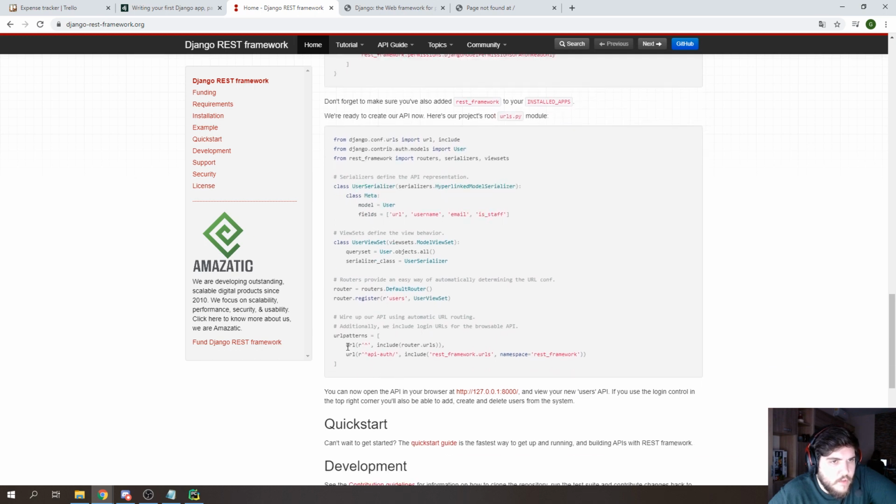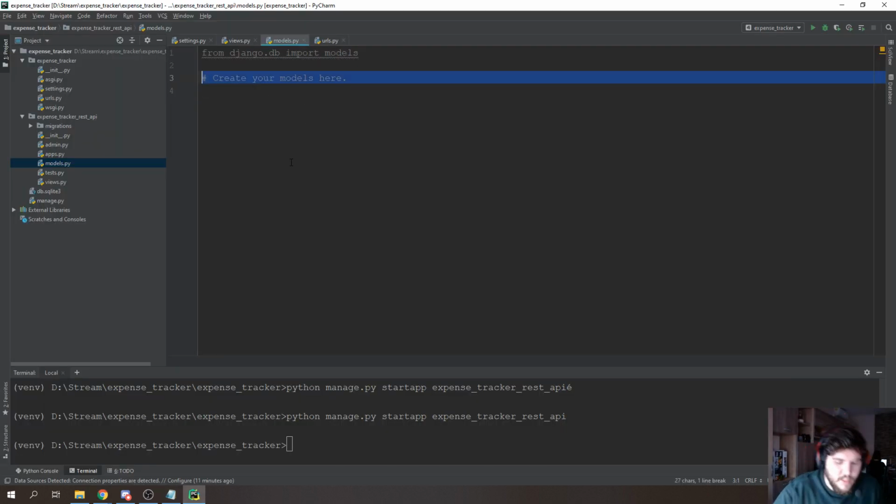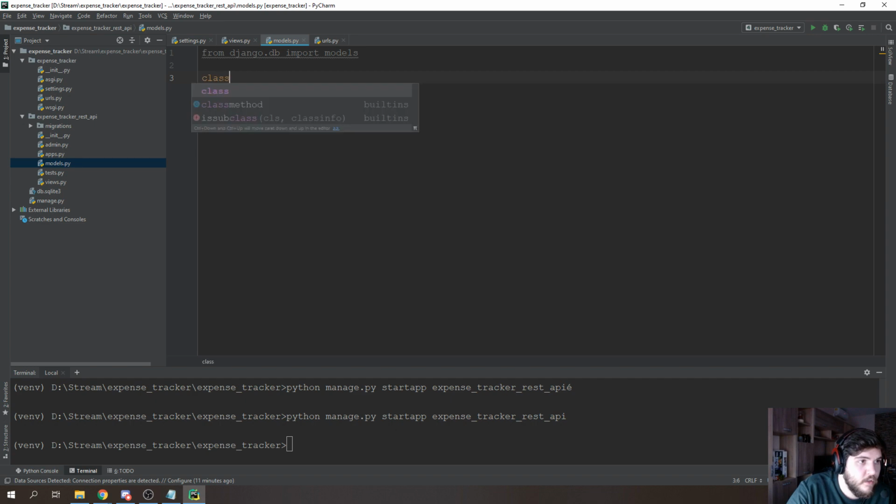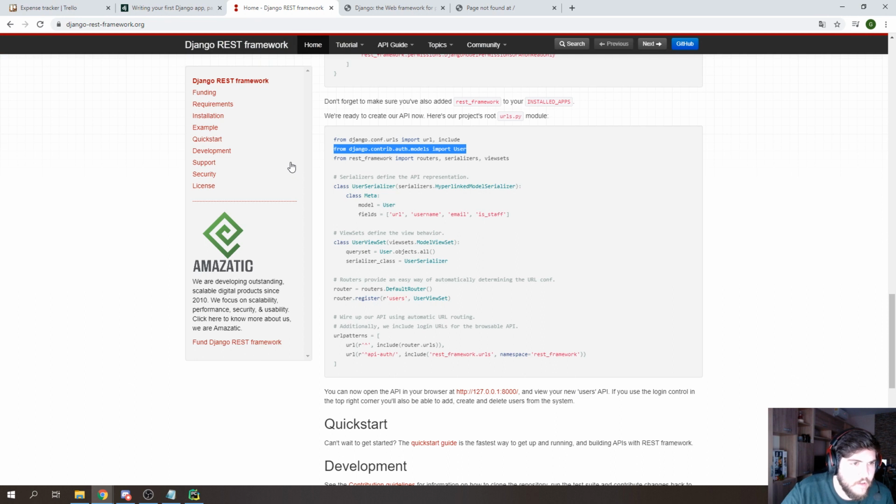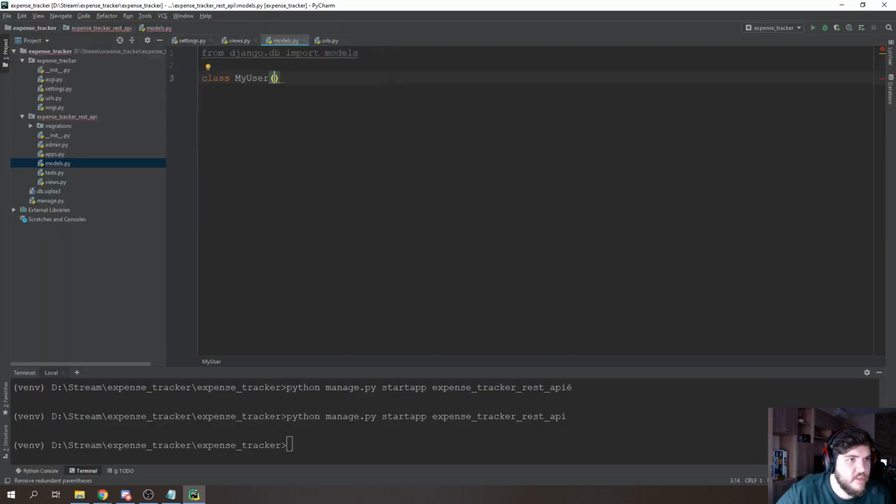Okay, so actually it's just importing the user model straight out from Django, and it's not even creating a class or anything like that. But let's just create a class here called MyUser, and we can just copy this